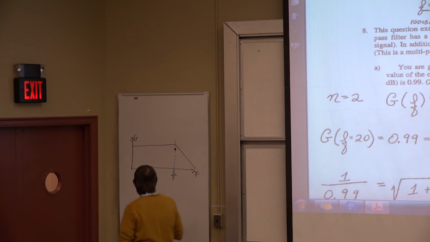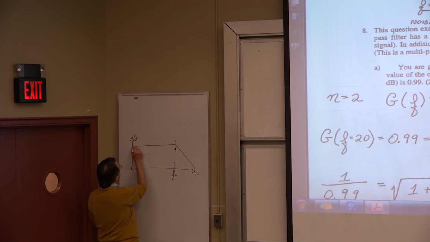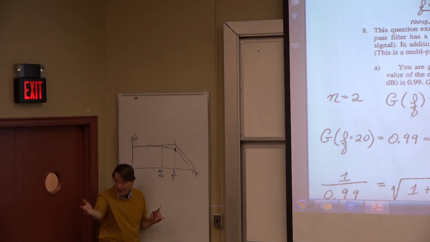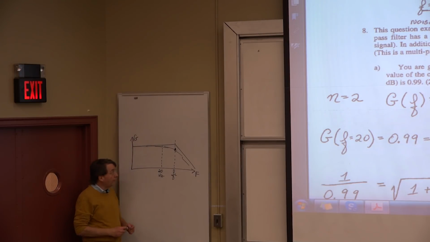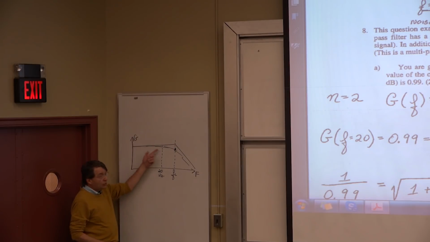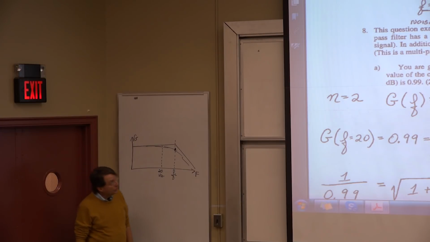That means that, see, this starts to drop off, right? That means somewhere over here is 20 hertz, and the corner frequency has to be bigger than 20. I thought this was interesting. And we want to pick the corner frequency where the gain at 20 hertz is 0.99. So I say, okay,